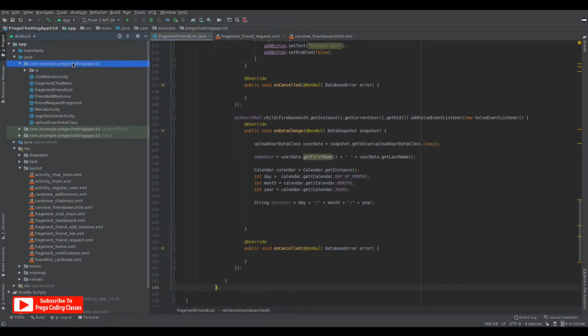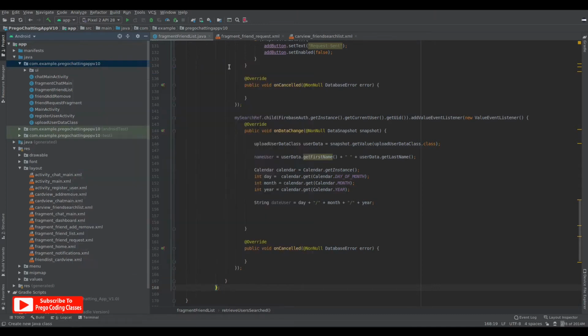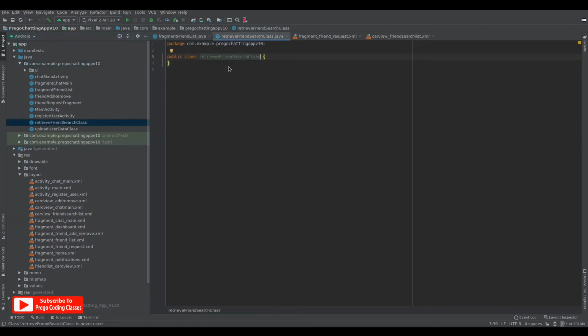Right click, new Java class, and we'll name this class retrieve friend search class.